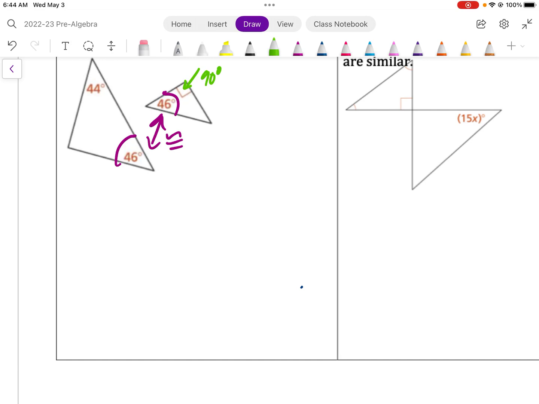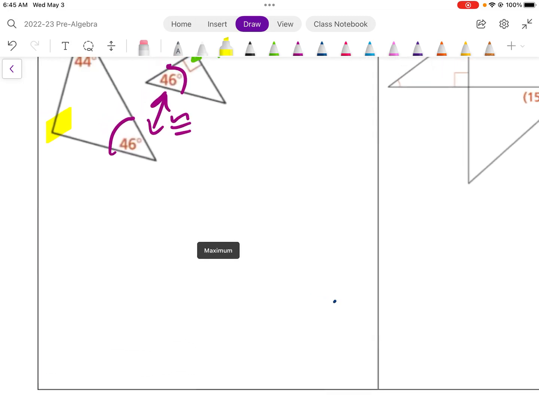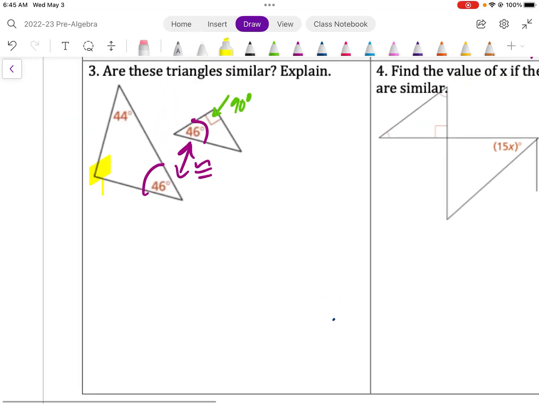And if I were to rotate that figure, it looks like that 90-degree angle is going to land right in that corner if I match those 46-degree angles on top of each other. So what I want to check to see is, if I use the sum of the angle measures in the triangle, is this angle measure here 90 degrees? So if I add up those first two angle measures, the 44 plus 46 degrees, and then call that missing angle measure X,